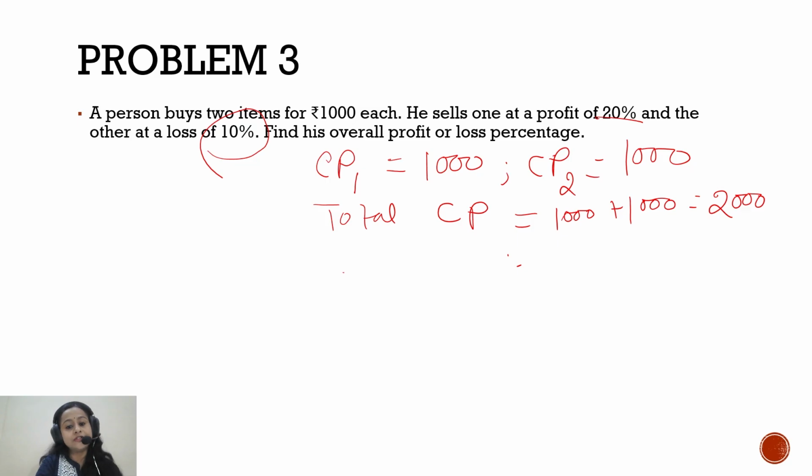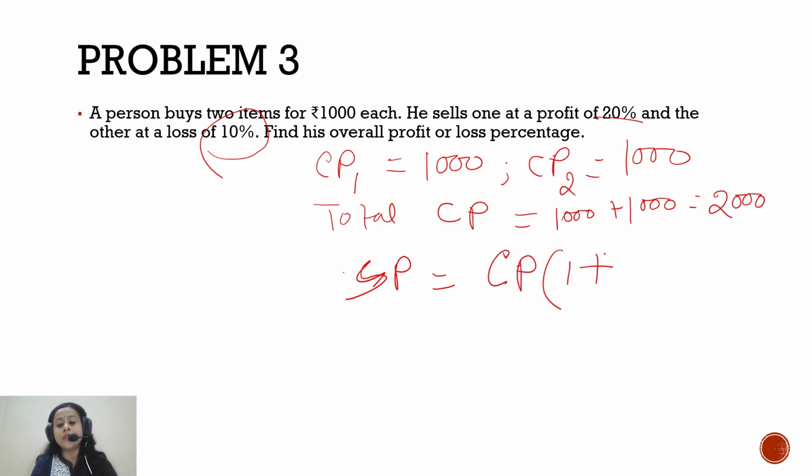So just applying the previous formula, directly we'll find out the selling price. And the formula for selling price, when cost price and profit are given, is cost price into 1 plus profit percentage by 100,